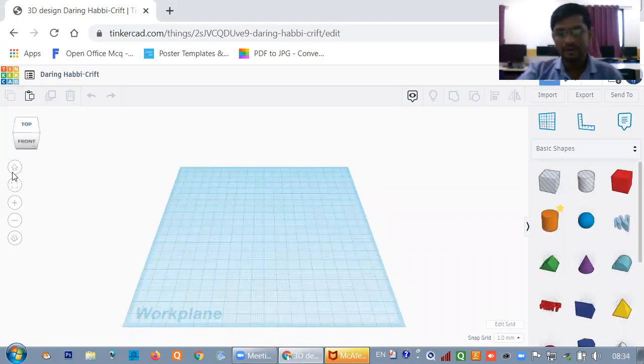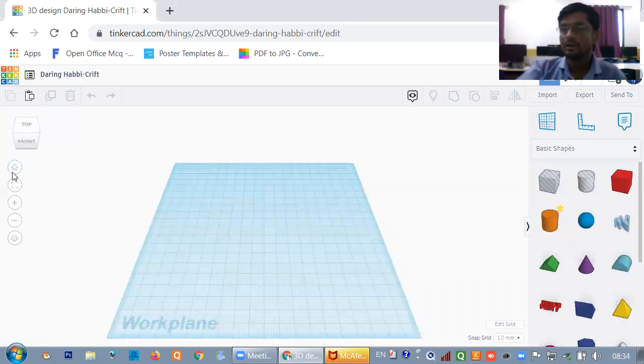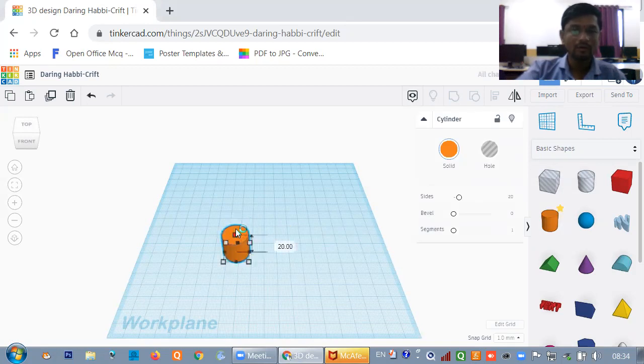Now, which things do we require to create our lock key, like the one I have shown you previously? First of all, you have to add a cylinder shape. Then you have to increase the height of that cylinder as per your requirement, depending on how your key should stand. Then you have to change the dimension.